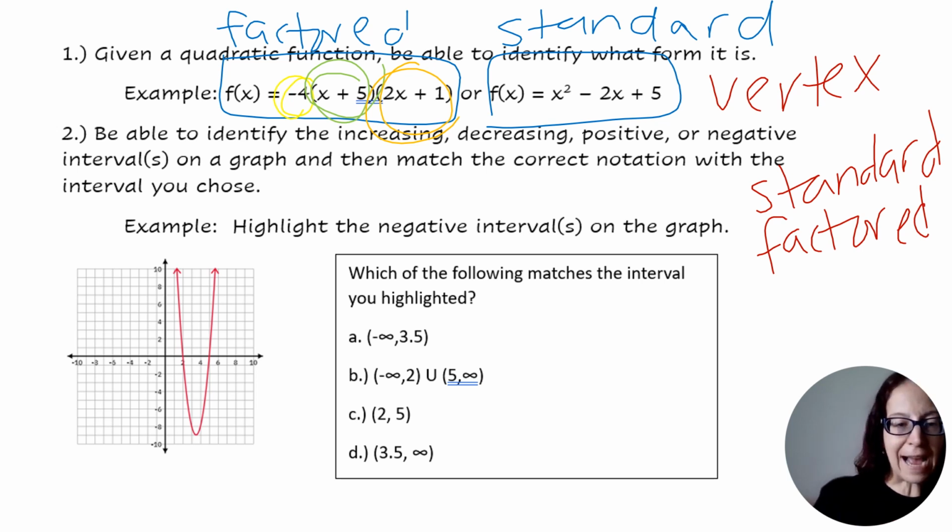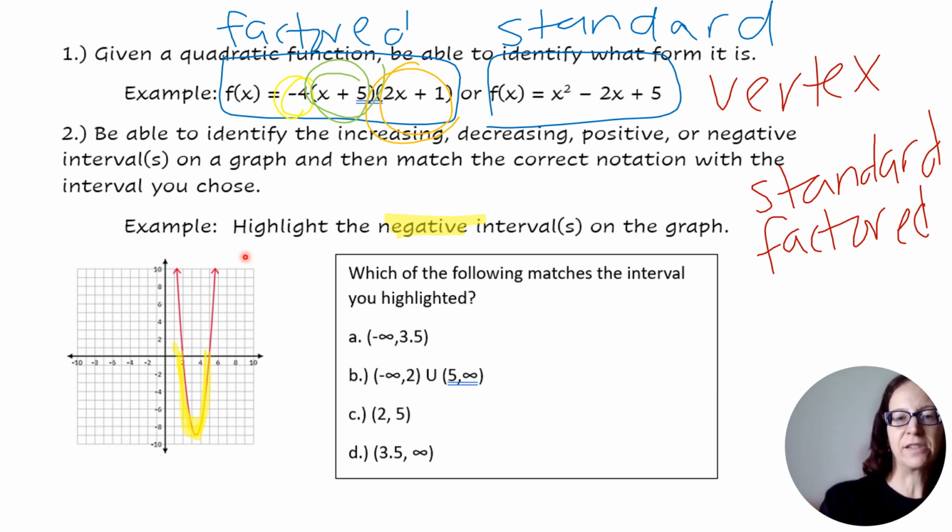This one is asking us just for the negative interval. Well, negative means below the x-axis. And so what I'm going to do is highlight below the x-axis. Okay. I'll turn my laser pointer on. If it had asked for positive, I would highlight the two intervals above